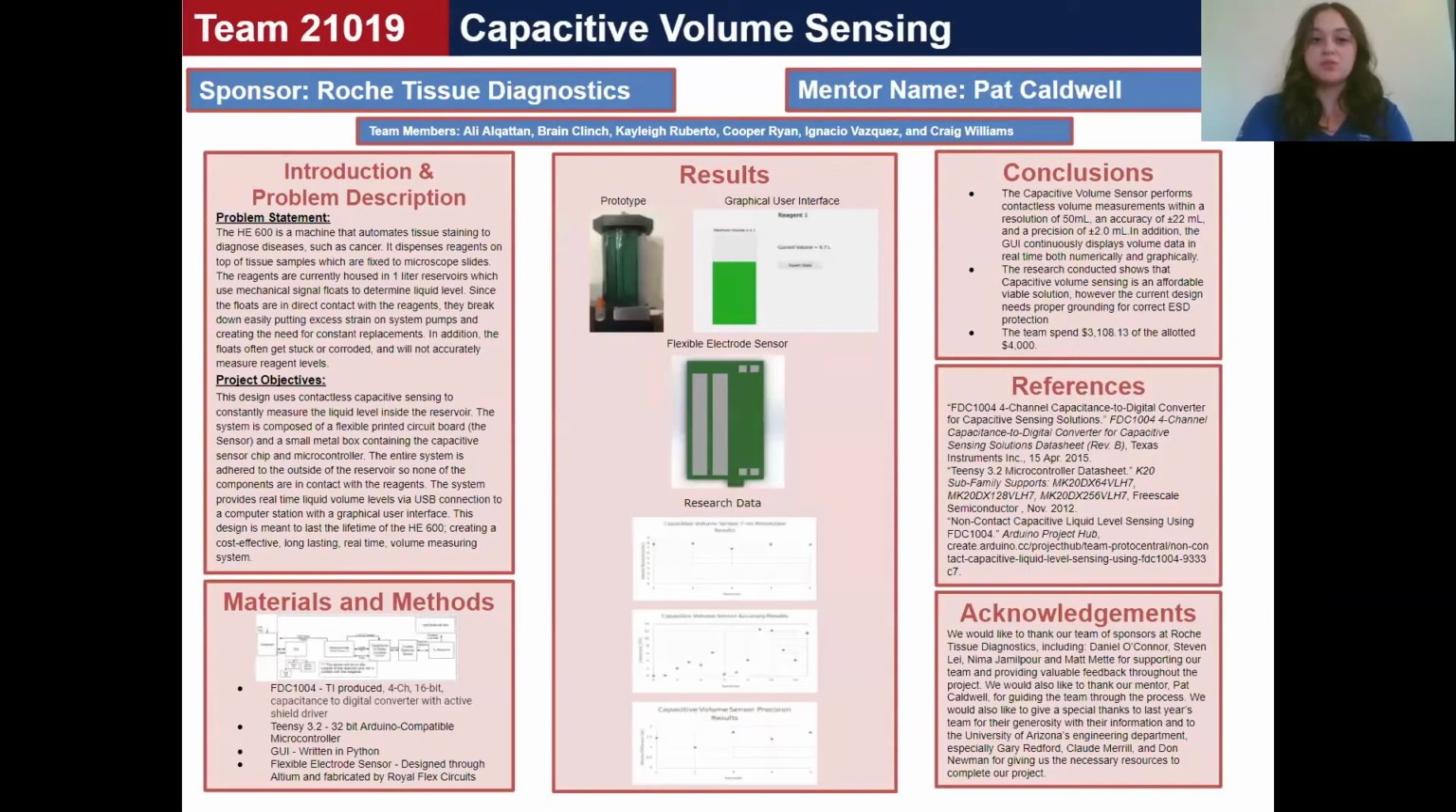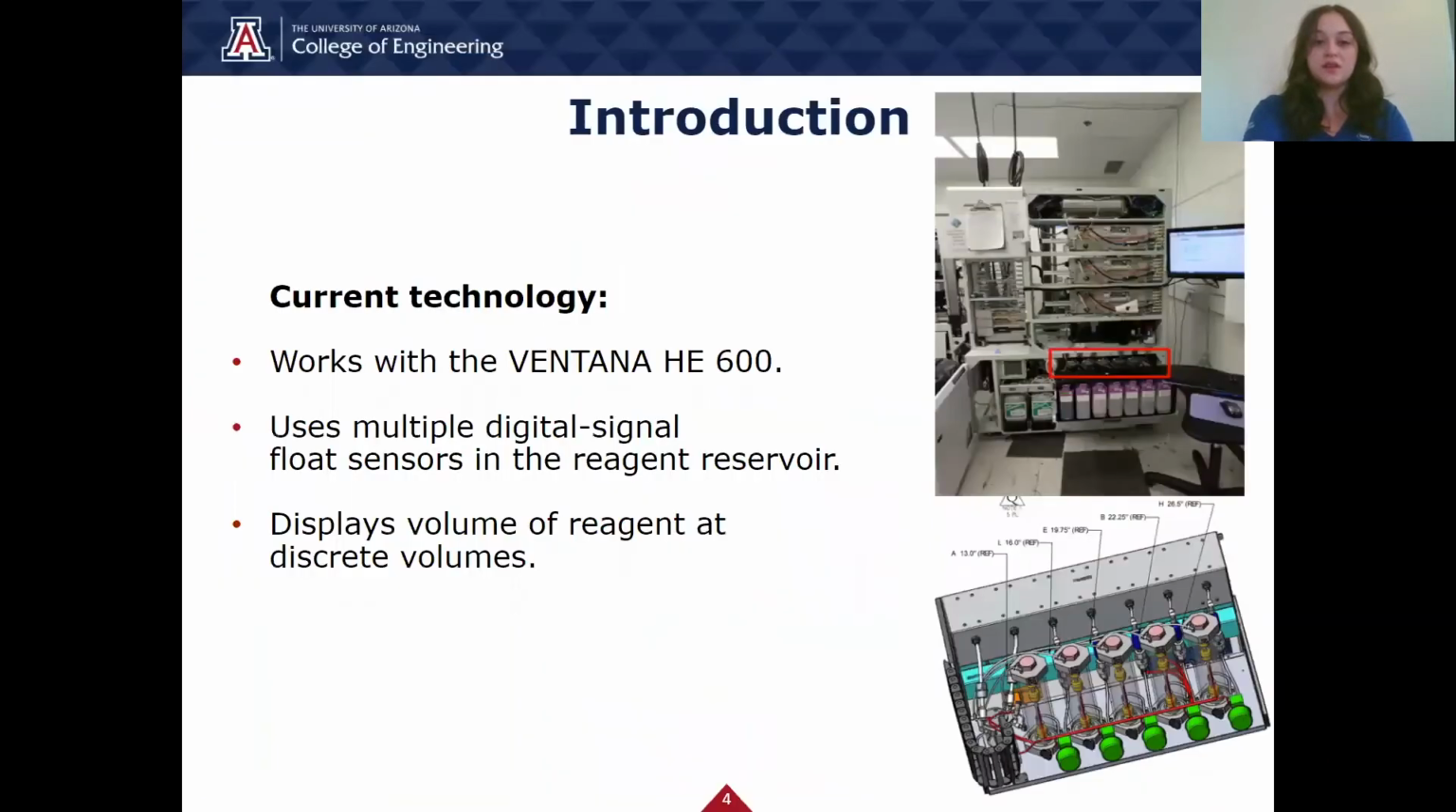Throughout our presentation, we're going to be going through this poster, so I'm going to start us off with the introduction. On the upper right-hand corner, you can see the Ventana HE600. This is a machine that automates tissue staining to diagnose diseases such as cancer. It dispenses reagents on top of tissue samples, which are on microscope slides, and it can process approximately 200 slides